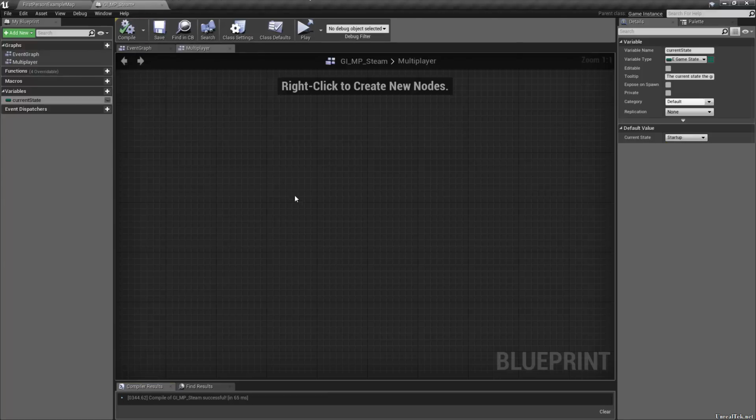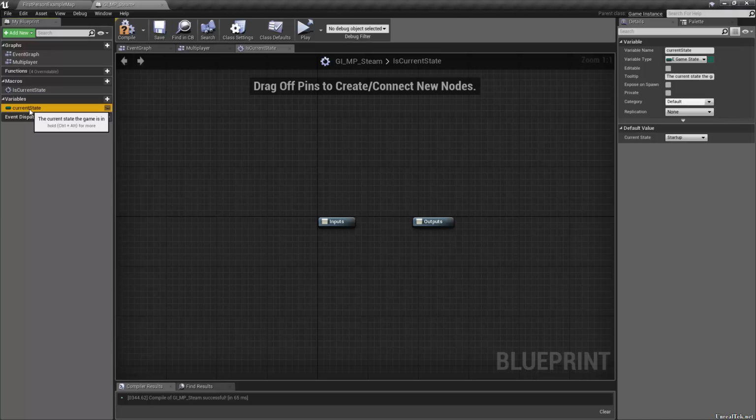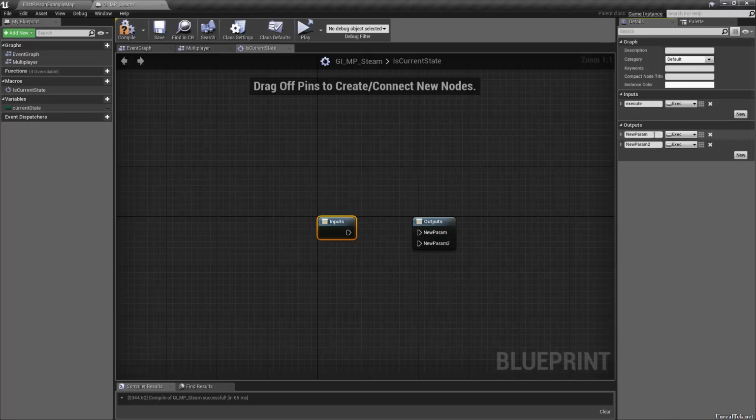So what we want to do, we need a few macros because we want to change states. So let's start with a quick one. So create a new macro and call it is current state. And so this just checks if we're currently in whatever current state is set to. So if you select the input node, we need a few inputs and outputs. So hit new input and choose execution and type execute. And then in the outputs, do two of them. You want one is true and one is false. So either yes, we are in the current state, or no, we aren't